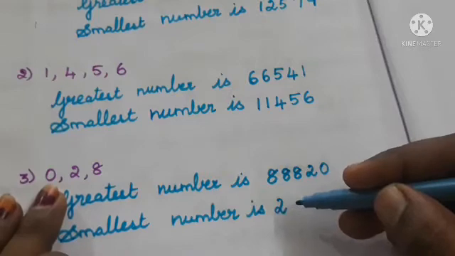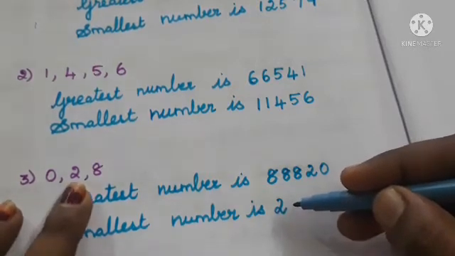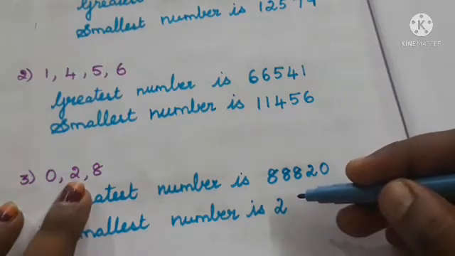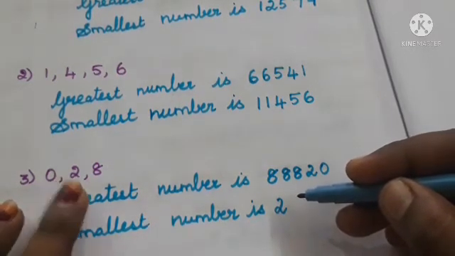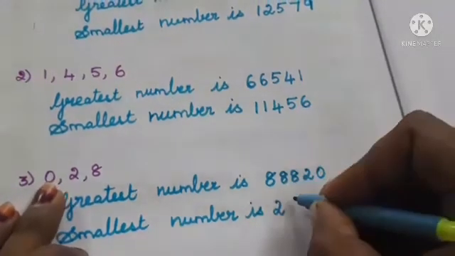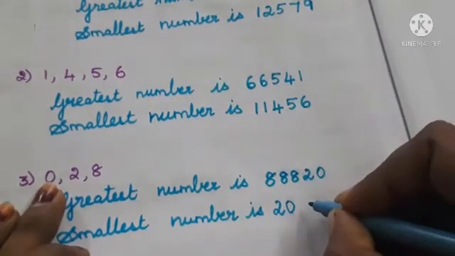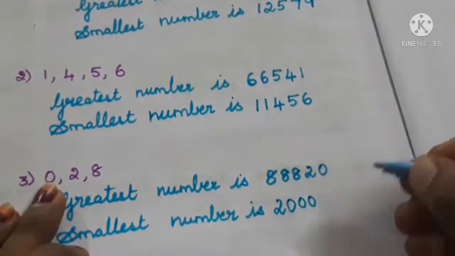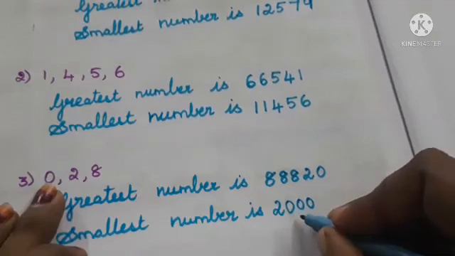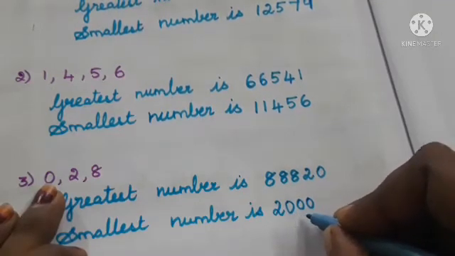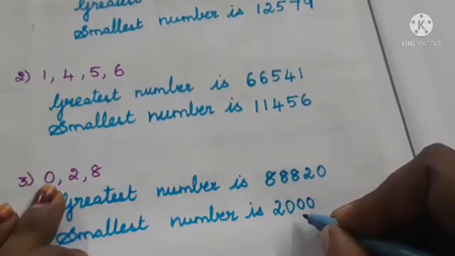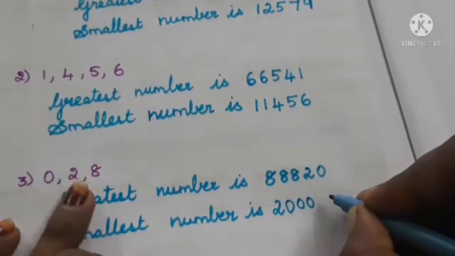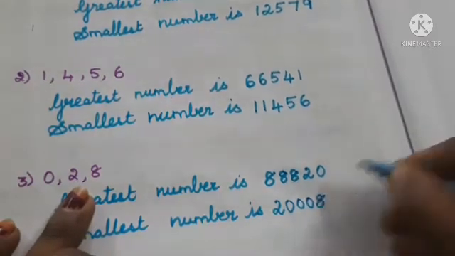Okay, so here we have written which number? 2. That means the second smaller number we have written. So next we have to write the 0, and the 0 has to be repeated. How many times do we have to repeat the 0? Yes, 3 times. So don't repeat the 2, because 0 is the only smallest number here, so we repeat the 0 again and again. So we have written the 0 3 times, and at the last, which is the greatest one? Yes, 8 is the greatest one. So we have to write 8.